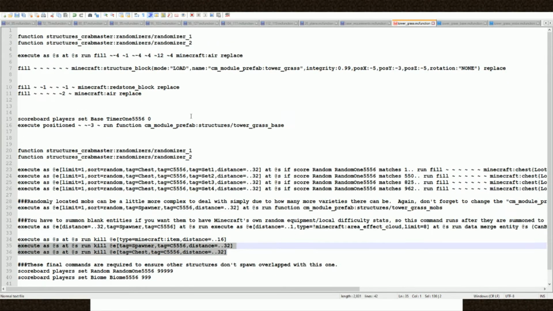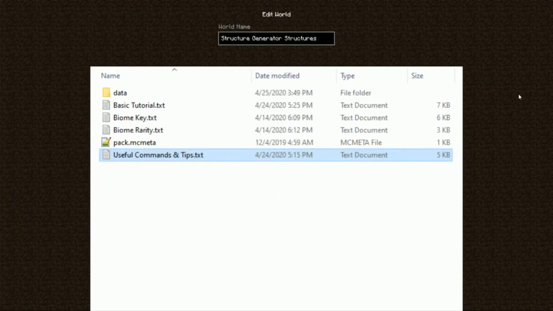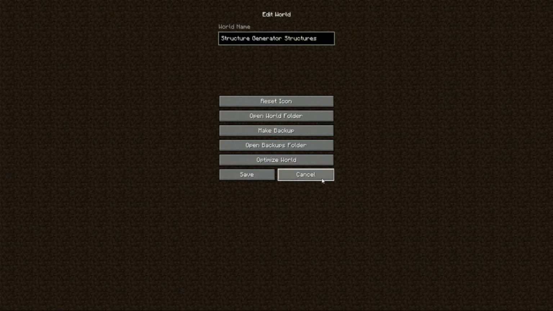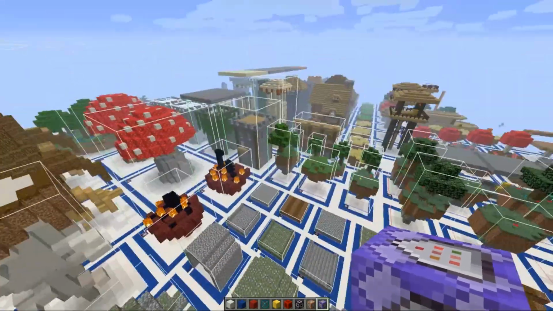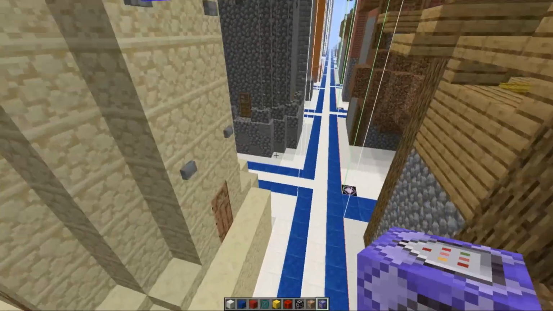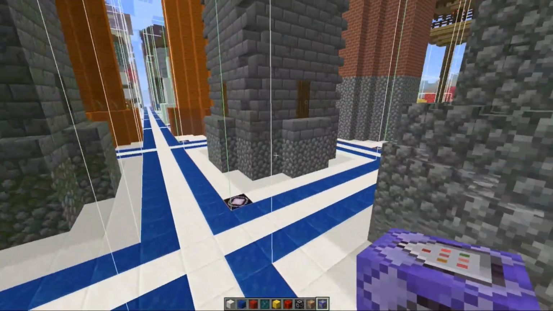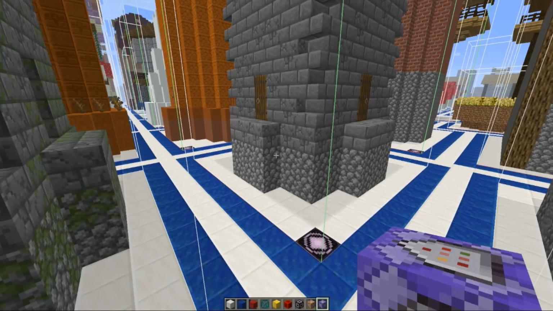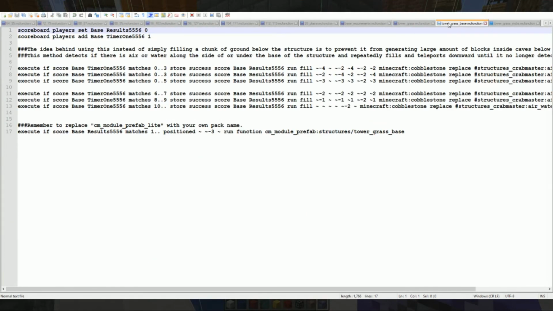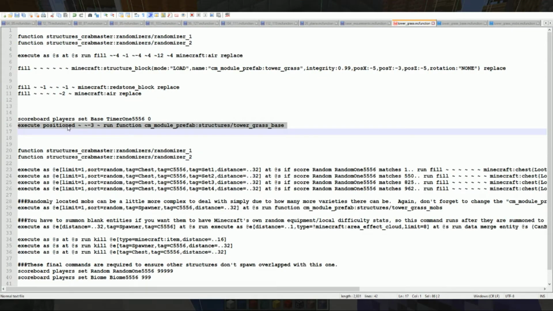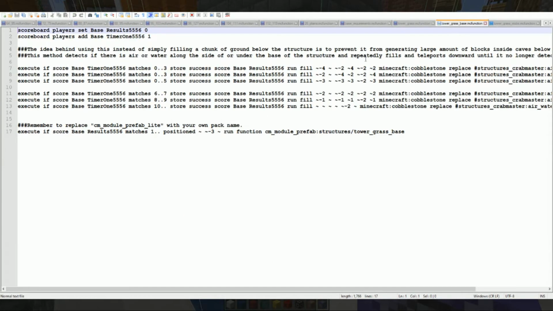Another thing I don't want to gloss over is what I use to actually generate the base, where if it's on the side of a cliff, it will generate all the way down the cliff. Because if I go back over real quick and open the game, give it a second, you might notice none of these towers have those massive foundations to them. They just cut off that far down, and that is because I have this specific command which executes right below the tower, where it'll loop in